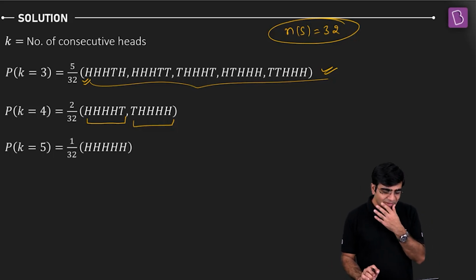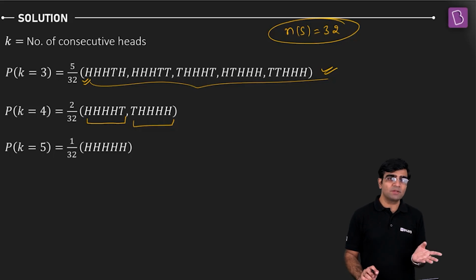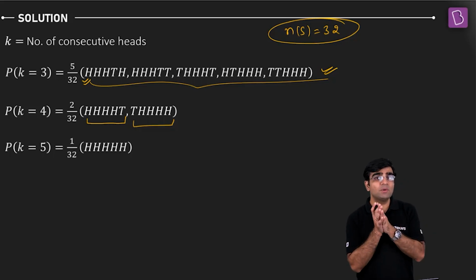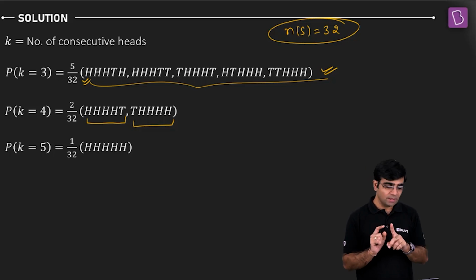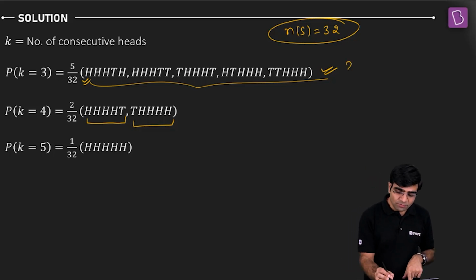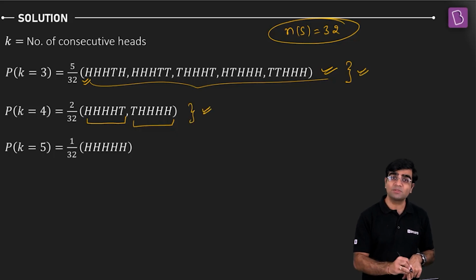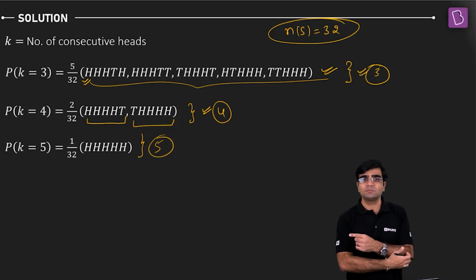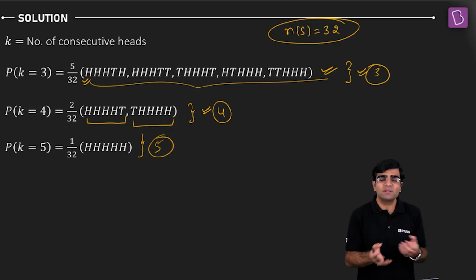Now, if I want to judge the probability for other cases, because I know that the value associated with all the other ones is -1. You remember that one, right? See, for these observations, the value associated is 3 because there are 3 consecutive heads. With them, the value associated is 4 because we have 4 consecutive heads, and here we have 5, so the value associated with them is simply 5. So here it is 5, here it is 4, here it is 3. In all the other cases, it has to be -1. That's what is given in the question.